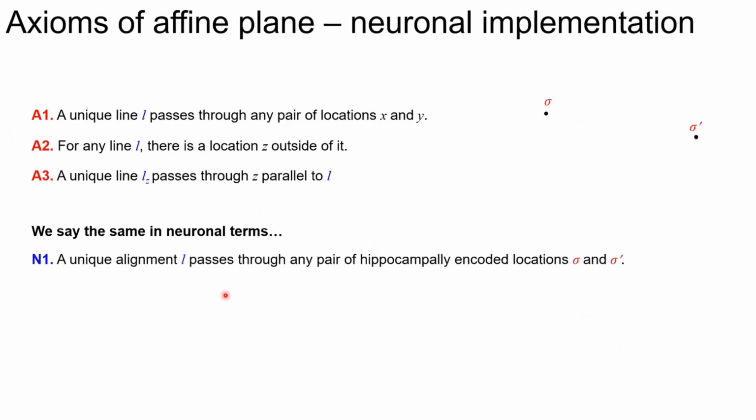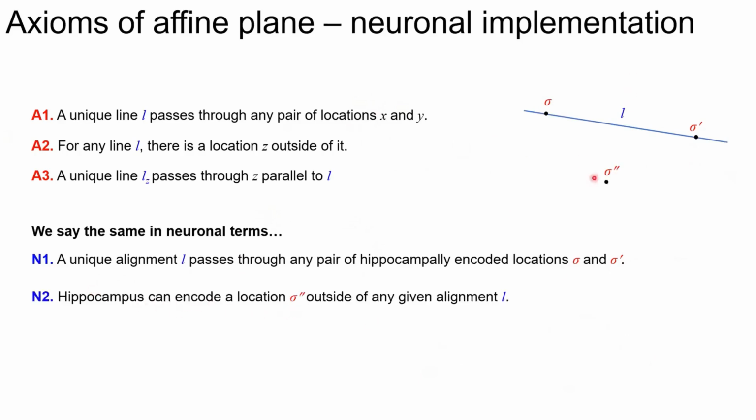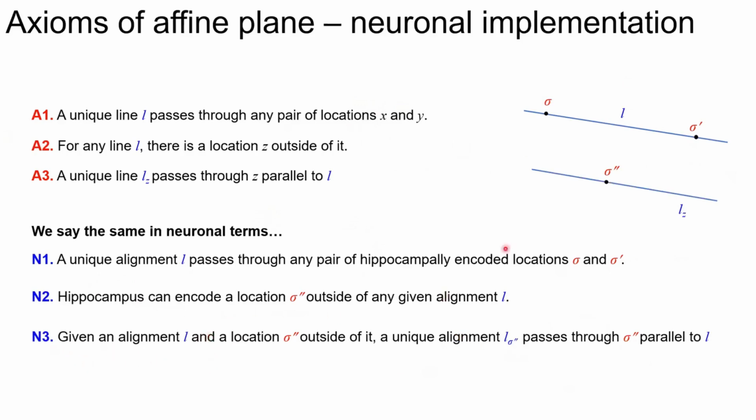But we could say the same thing in neuronal terms. We could say a unique alignment passes through any pair of hippocampally encoded locations. We can say that there should be a hippocampally encoded location outside of a given alignment. And we can also say that for a given alignment there should be a line passing through this extra point parallel to it. We could translate these statements into neuronal terms. But that translation is not enough, because we would like to know that these properties are actually implementable in the system. They should be physically implementable, physiological. It should be computable. We cannot just proclaim that these statements are correct, like in mathematics people do. We have to actually show that something like this has a chance to be implemented biologically,